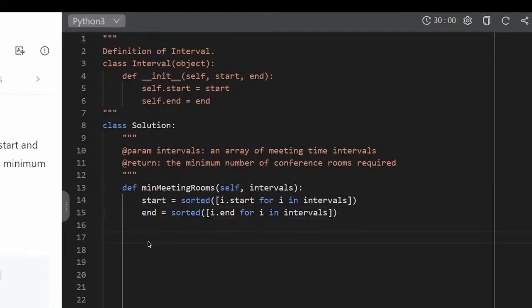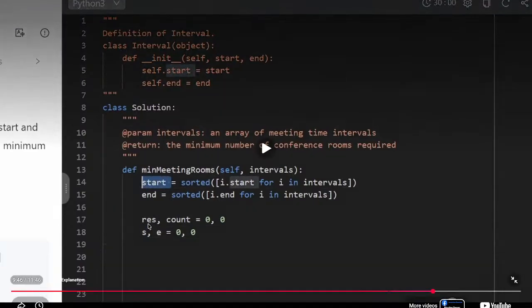Now we are going to have a result variable and a count variable. So count is just going to be what I basically said it was going to be. Result is just going to continuously be whatever the max we have reached so far for the count variable. And we are also going to have 2 pointers. I'm just going to name them S and E. They're initially going to be both 0. So S is going to be the position we're at in our start array. E